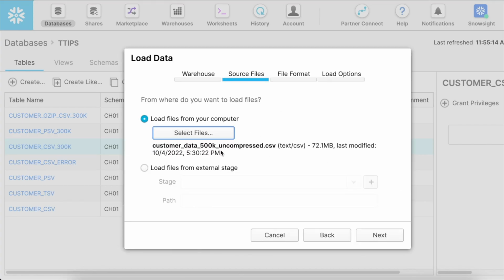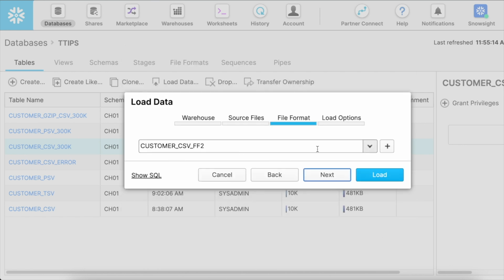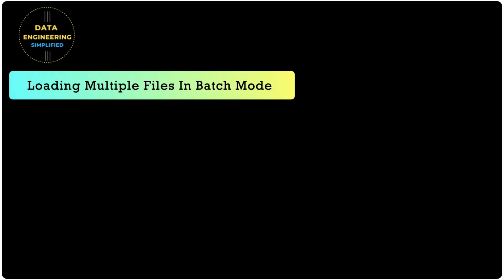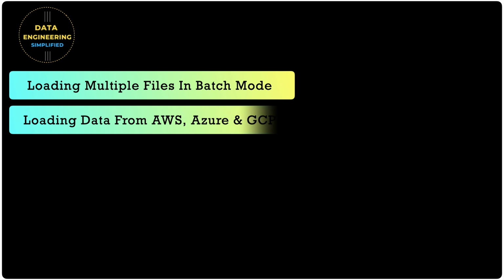So I'm trying to load 500K uncompressed data, which is 72.1 MB, and I'm using the customer FF2. So I ended up with an error that the maximum file size was exceeded. This is the challenge we have with the Web UI. And if you have to load a large data set or a lot of data sets, how will you do that? So in our next chapter in this episode, we'll explore many more things: